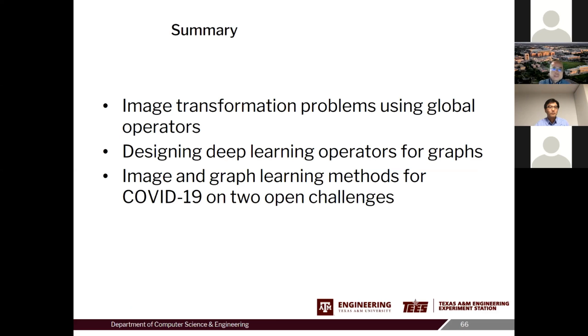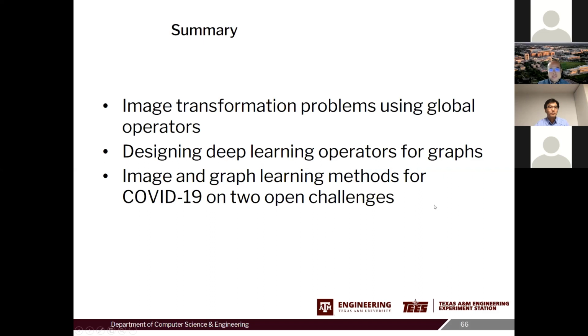We also observe that our model is more transferable. If you use attention in your model, the model is more transferable across datasets, even from natural images to medical images. And we designed different deep learning operators for graphs to perform structure and feature learning. And we demonstrate how we can use this to solve problems in COVID-19. Our application on COVID-19 is simply based on open challenges.